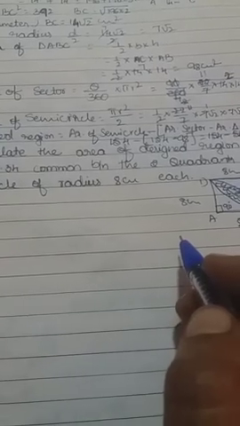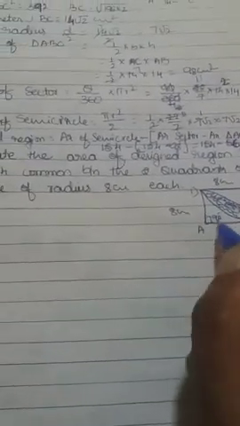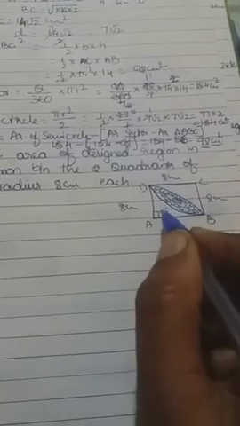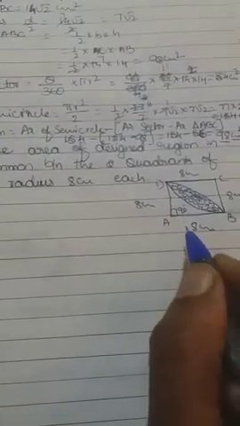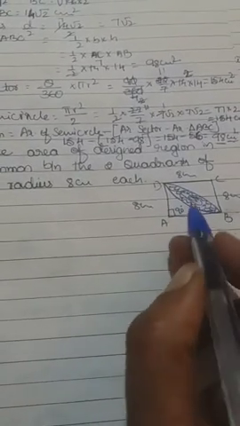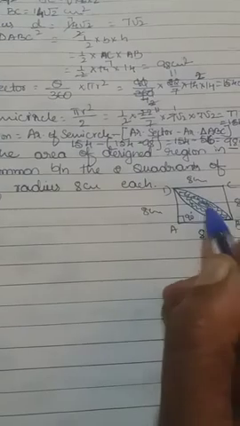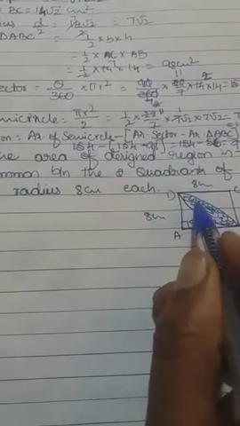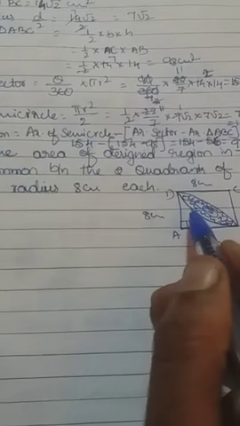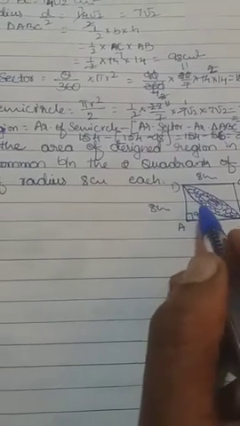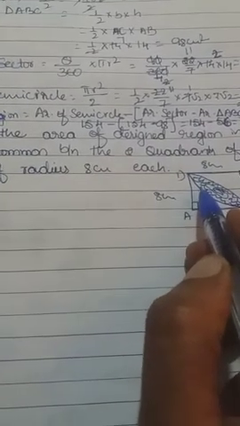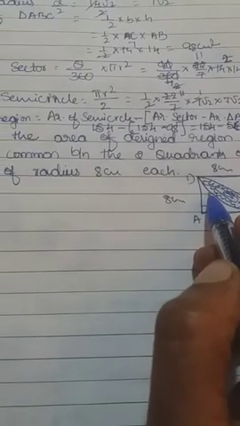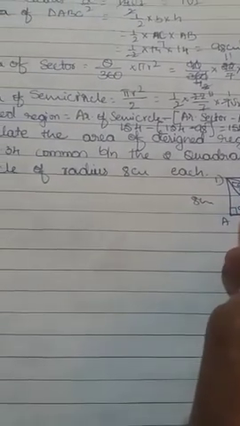So that thing we got 8 centimeter, and the angle here we got 90 degree, because the full angle should be 360 degree, and in that one we have taken 90 degree. So we want to calculate this region. Here we can get it from the area of a minor segment. First we have to calculate the area of a sector, then the area of the minor segment, then we can get the area of the shaded region.